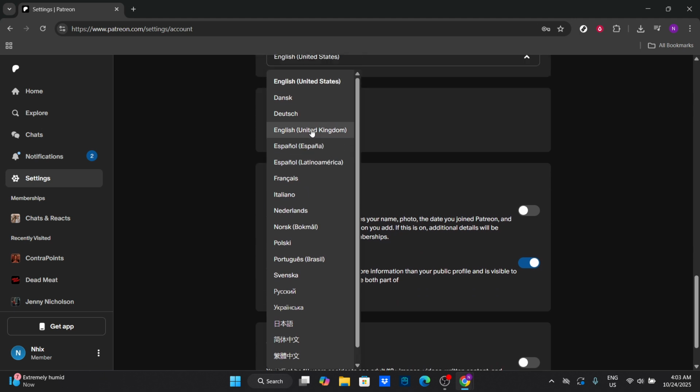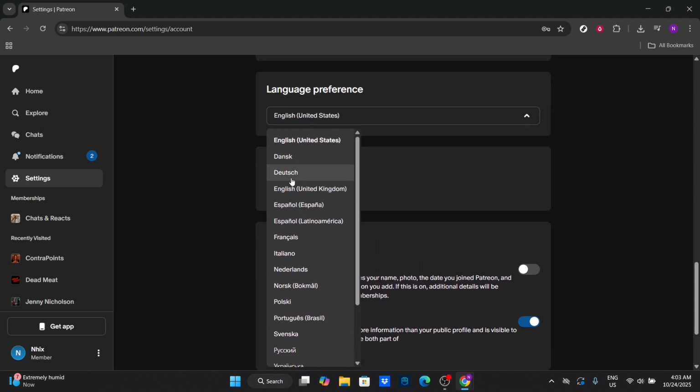And there you have it. It's as simple as that. You've successfully changed the language on your Patreon account. By following these straightforward instructions, you can ensure that your experience on the platform is as personalized and enjoyable as possible. As a tip, remember that if you find yourself tangled in a language you're unfamiliar with and you need